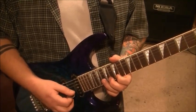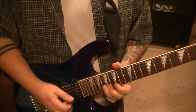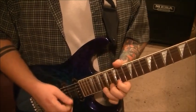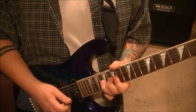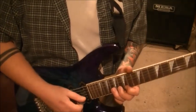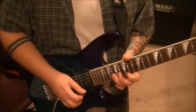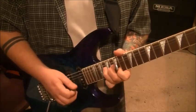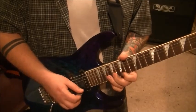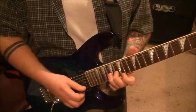1, 2, 3, 4, 5. And then do another one with a rest after the bend. So we have 2, 3, 4, 5. 1, 2, 3, 4, 5. And then 15 high E, 18 on the B, bend a whole step. It's like a reverse of what you just did, and that's going to go 6 times. You can count 1 and 2 and 3 and 4 and, or actually I would just go 1, 2, 3, 4, 5, 6. Then go to the 15 high E,